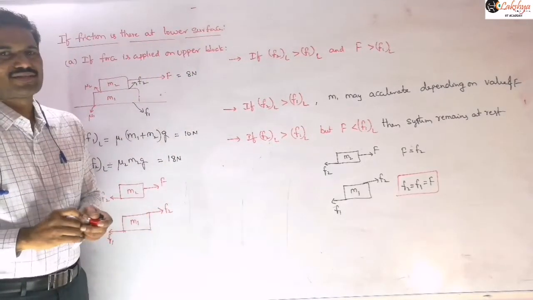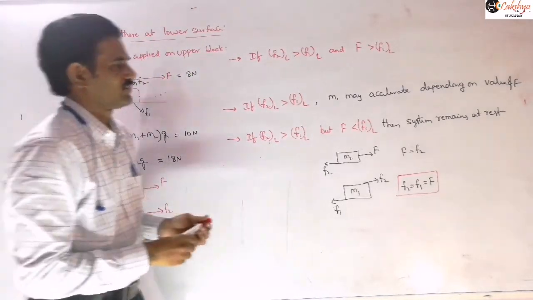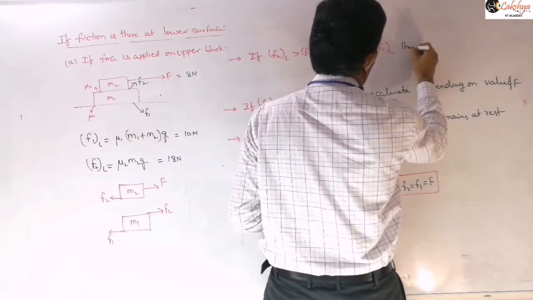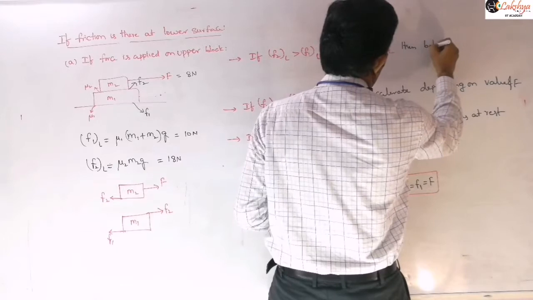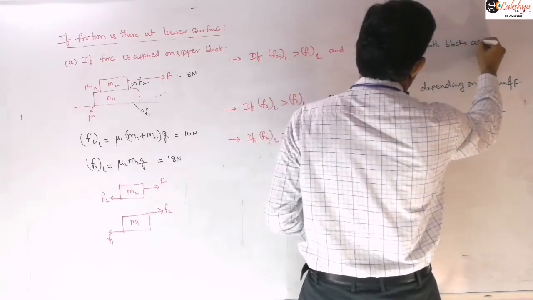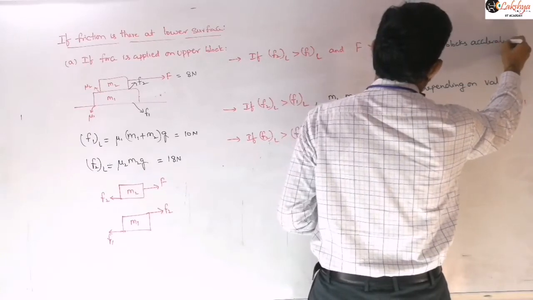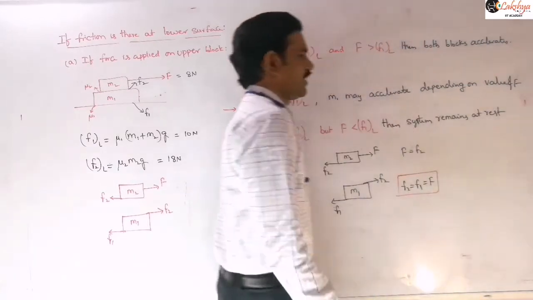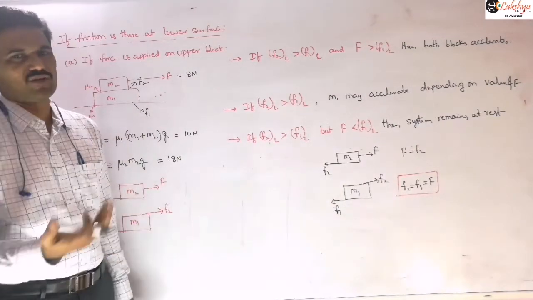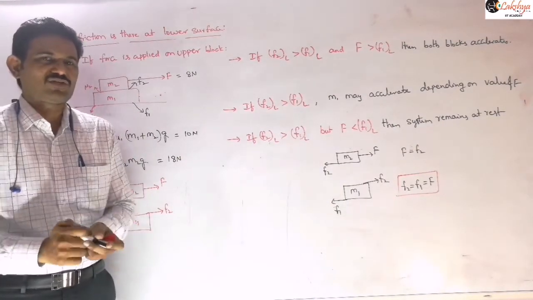Then the system will accelerate, then both blocks accelerate. Whether they are accelerating with common acceleration or not, we need to verify. Depending on the values we need to verify,